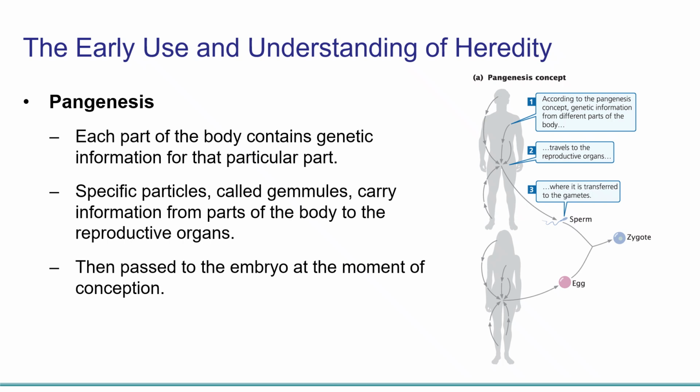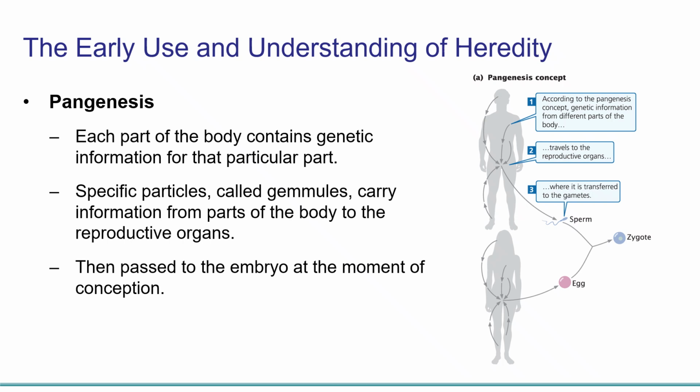And we didn't have a vehicle until the early 1900s, when we start to see the chromosomal theory of inheritance, which basically says that our genetic information is contained in chromosomes. And then it was another 50 years until Watson and Crick, Rosalind Franklin, and Maurice Wilkins were looking at the actual structure of DNA. They were not the first, but they were the ones that sort of got us there. It wasn't until the 1950s that we actually had a structure and a more concrete mechanism. So for most of human history, there was no understanding of the vehicle or the mechanism. So early people